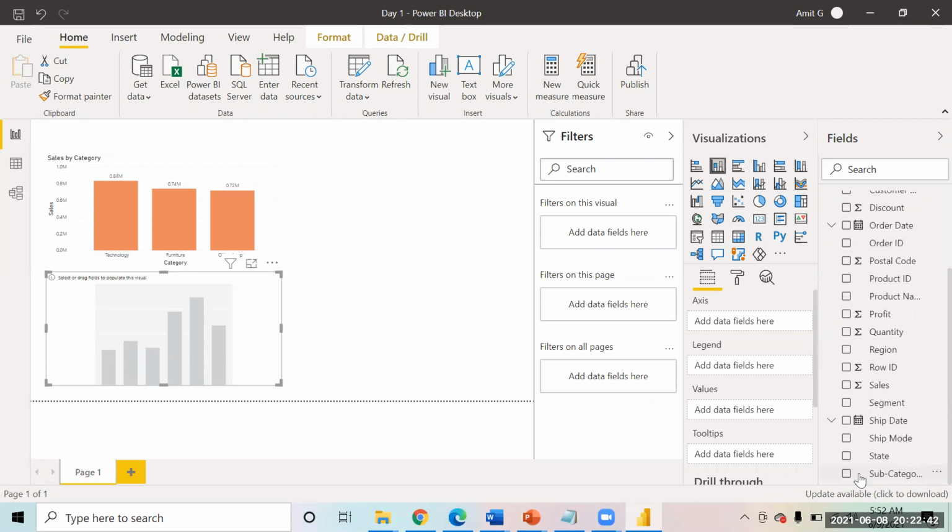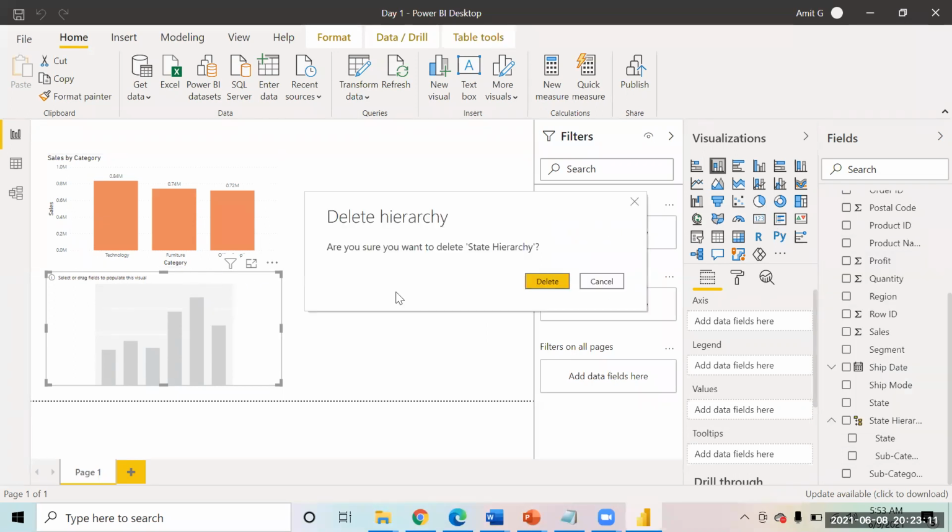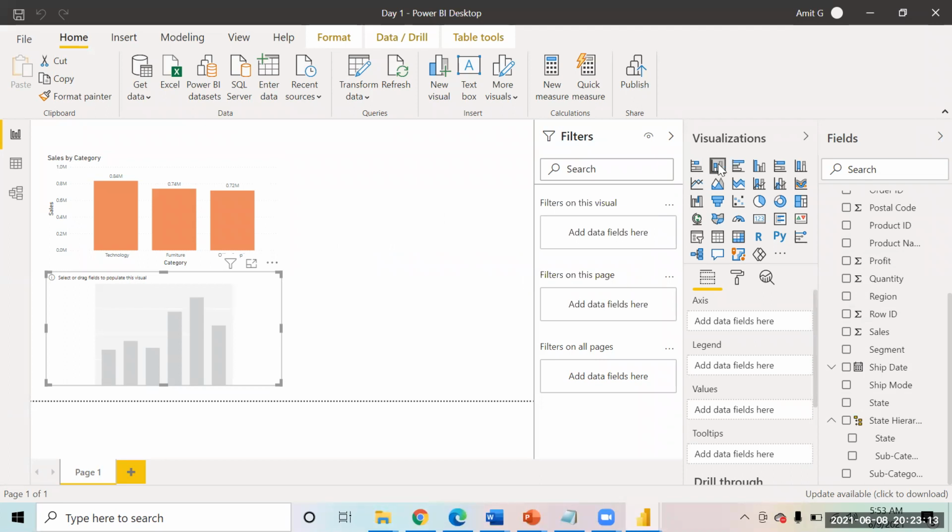So we bring subcategory in. Just remember one thing: whenever you bring any chart, you have to see that when the chart is selected, the fields to drag and drop for that particular chart will be activated. Okay. So now on the axis, since you're getting a vertical bar chart, the same chart as in this image will be replicated over here.